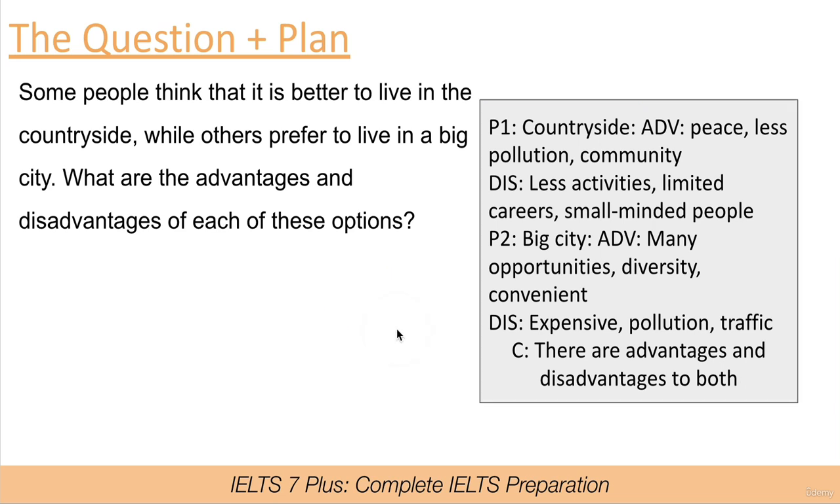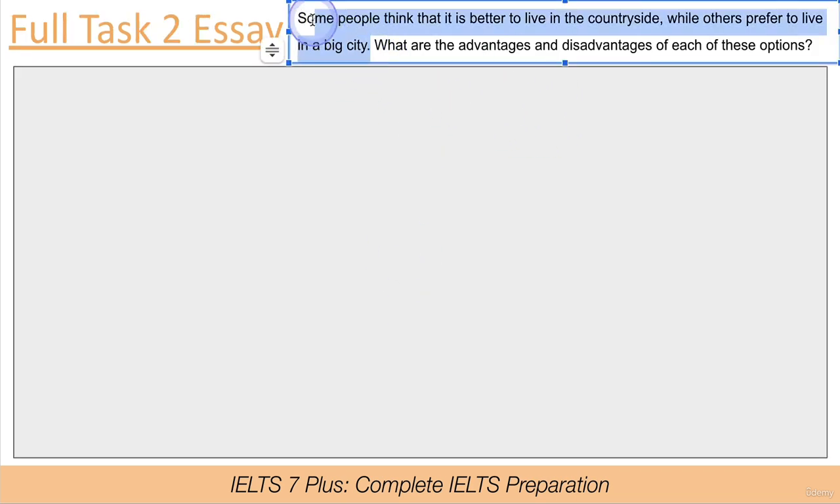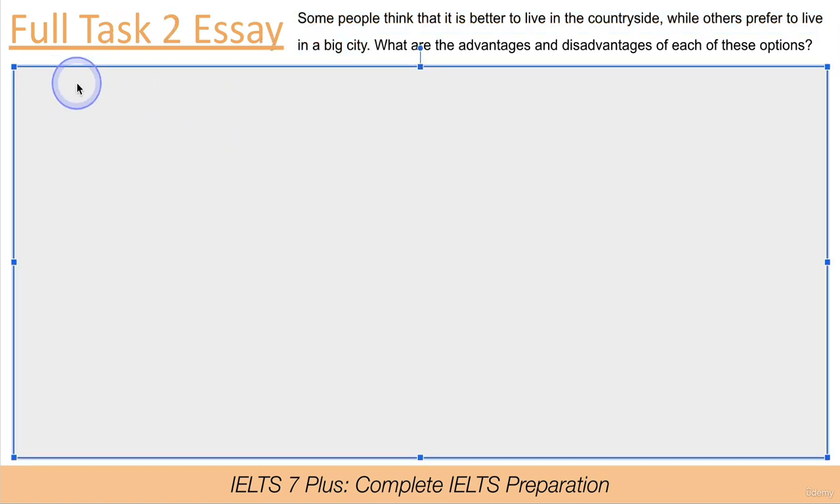Okay then, so with that being said, let's go to the write-up and we'll put this all together now. We need to paraphrase to start off with. Some people think that it is better to live in the countryside, while others prefer to live in a big city. Okay, so we can start by saying maybe on one hand,